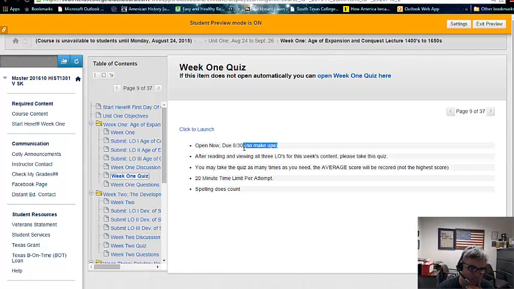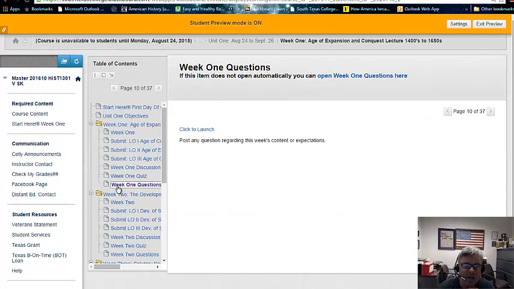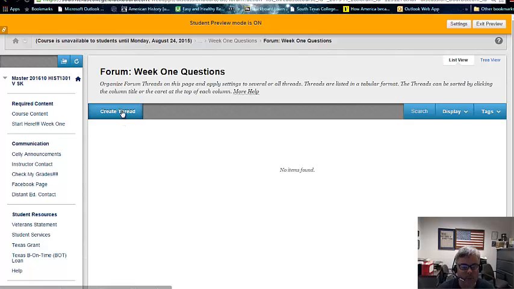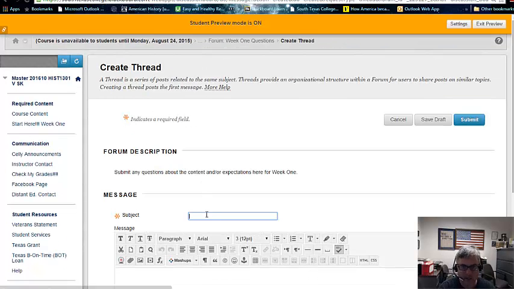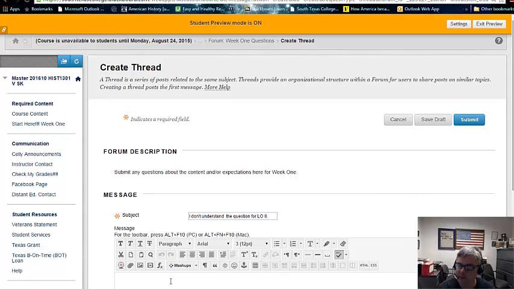Now, this right here is where the Unit 1 sections are. Right here, if you have any questions, you will click Launch. This is where you will want to post your questions. And you could put a subject, like, I don't understand the question for LO2. And then you could give some further specific information. I'm just putting that in the subject line, but generally speaking,